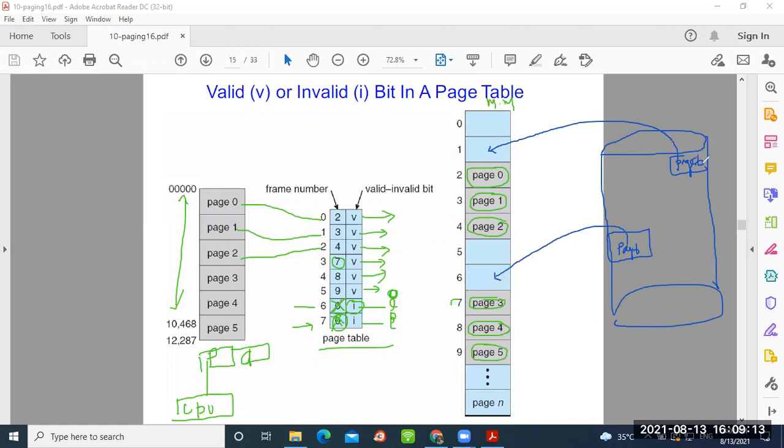Now suppose this is page 7. What will happen? Now it will be allocated as page 7 and और इसका नाम क्या दे देंगे? Page 6. So once it is brought back, this invalid bit will become valid, and this page number will be replaced with a frame number, which is 6 and 1. Sorry, is this clear to all of you, what is happening here?